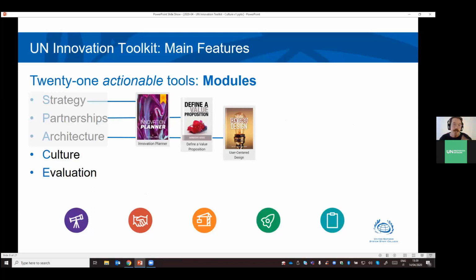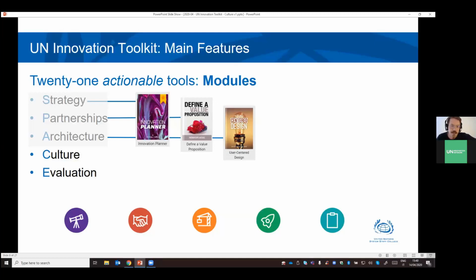As outlined by Johanna, the toolkit is separated into these 5 foundational pillars of innovation: strategy, partnerships, architecture, culture, and evaluation. Formula's wonderful acronym SPACE, which outlines why we have astronauts and rockets and all these sorts of lovely things. This series of presentations, which again, thank you to Johanna and UNIN at large for the invitation to undertake this, has seen us deliver